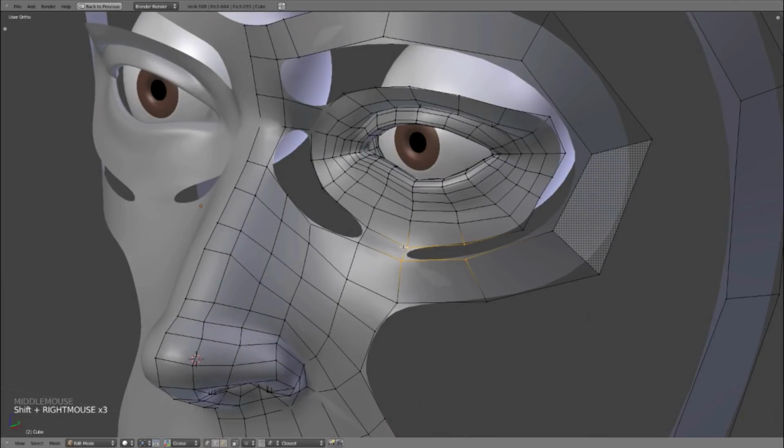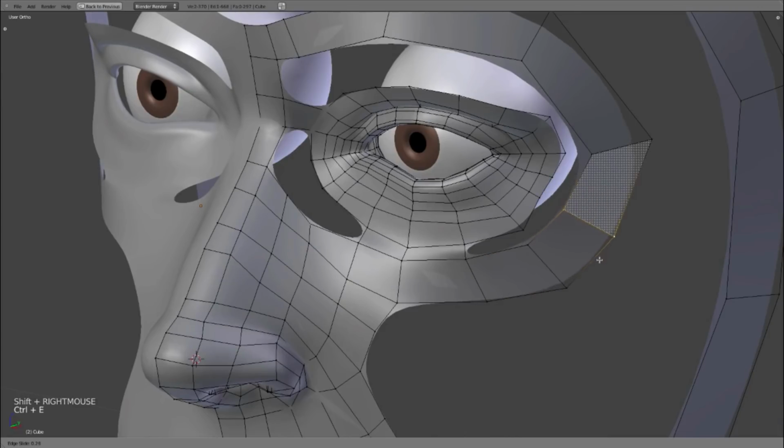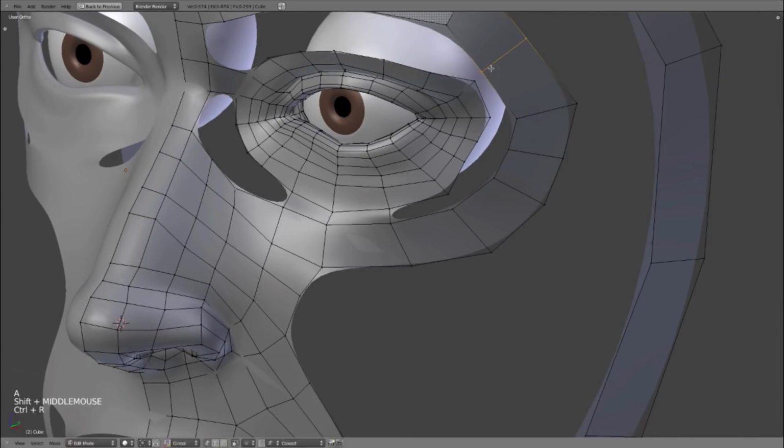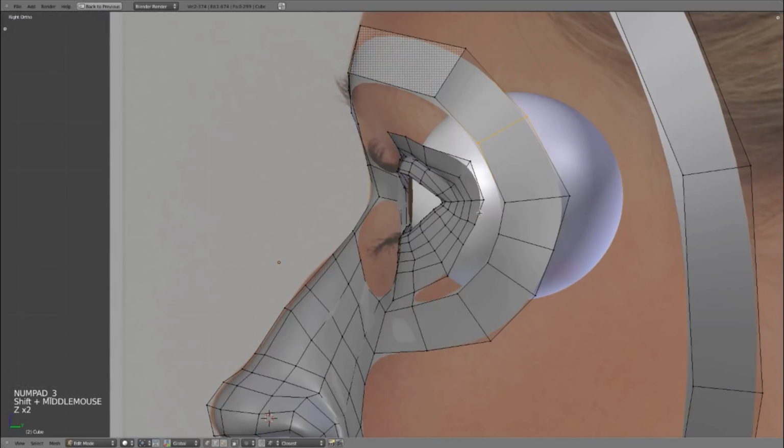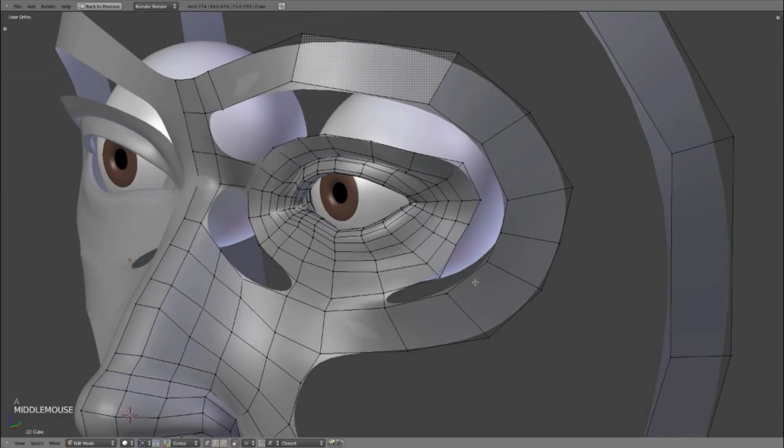Then I can fill in this edge and add another edge loop here. Take this, Control E, edge slide, go right up in there, add in another edge loop. So I'm just kind of adding in edge loops where I need them to connect with the eye correctly. And if I then just kind of smooth these out nicely,